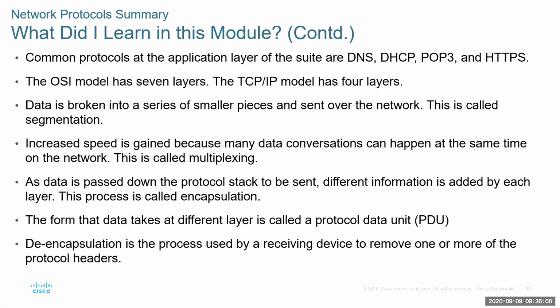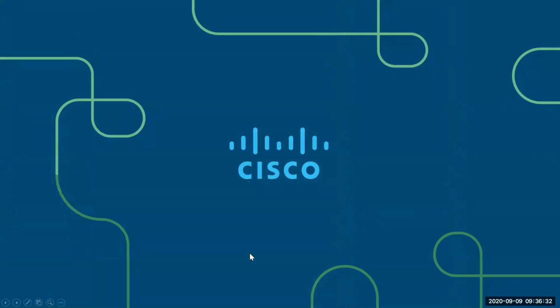Data being broken into smaller pieces and sent over the network is called segmentation. When we multiplex, this just basically means that we're sending multiple data communications or conversations happening at the same time on the network. And PDUs are going to be your protocol data unit. Don't confuse that with a power distribution unit. And let's see here. De-encapsulation is just the process of when you receive that packet and tear it back down. So that covers network protocols. That's the end of this